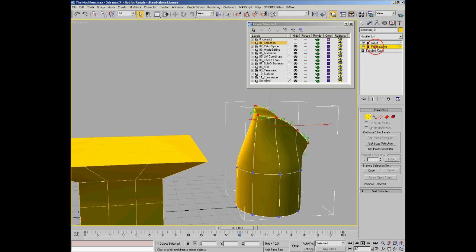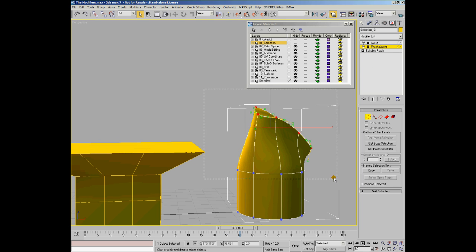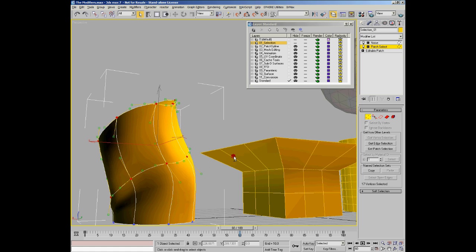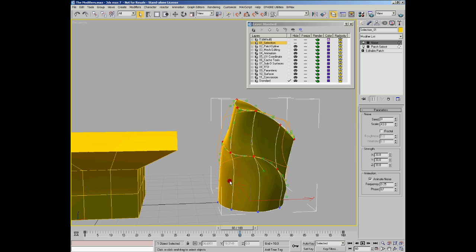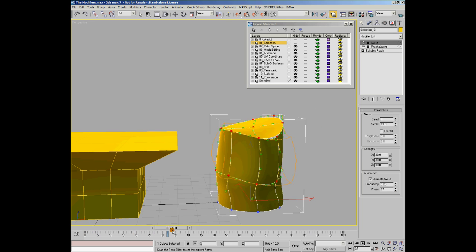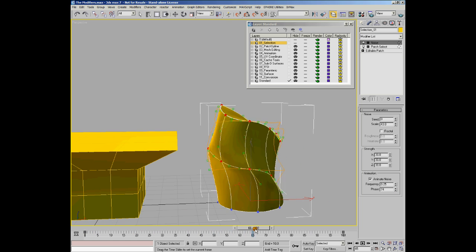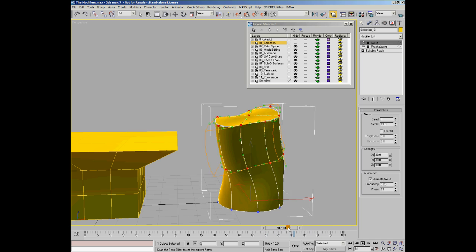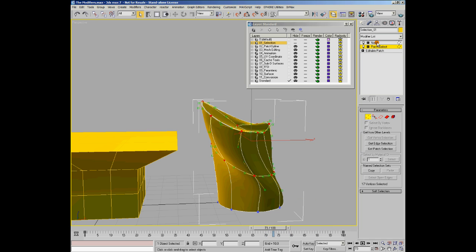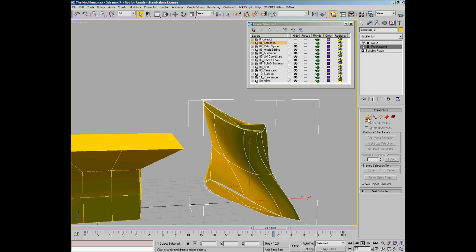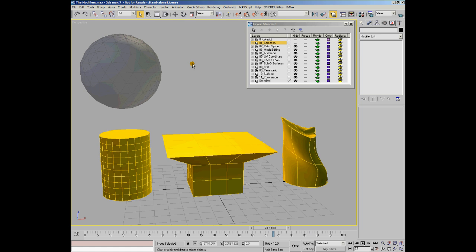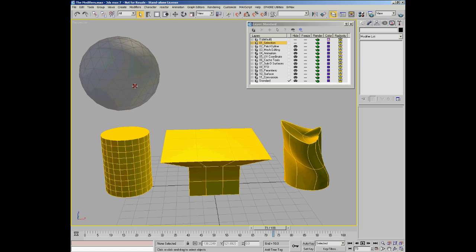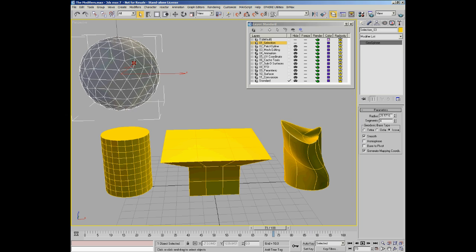And if I go back down and select some more control points, we can pass those on up the stack, as you can see. Now if I animate that, you can see those control points are animating as well. So you can use these selection modifiers to actually pass on a selection. Now, the odd one out is this third modifier here, and what this one allows you to do is